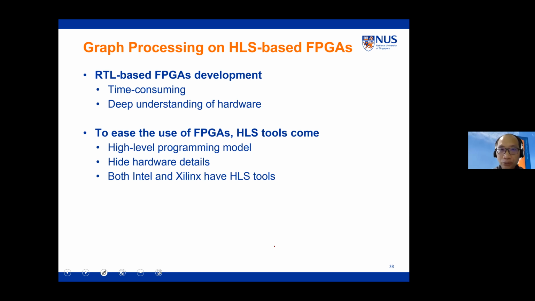In the end, we decide to use high-level synthesis, the so-called HLS here. We want to develop the system based on C or OpenCL. Why we want to do this is that we have seen so many applications for graph processing. It's quite challenging if we want to use, for example, RTL, due to its long development cycle. Because we have many applications, and the application can change from time to time, we want to have an easy programming environment. So that's why we want to use HLS.